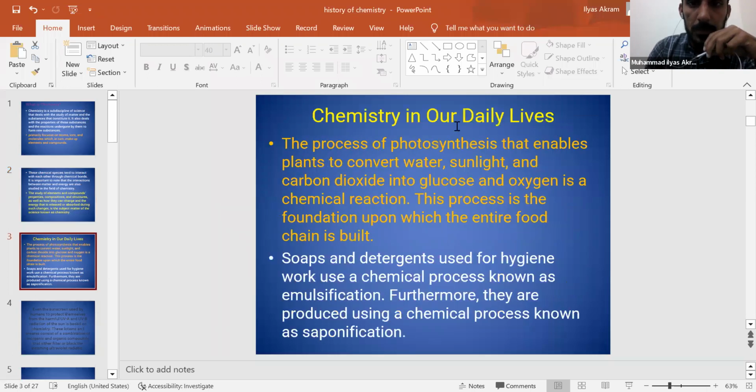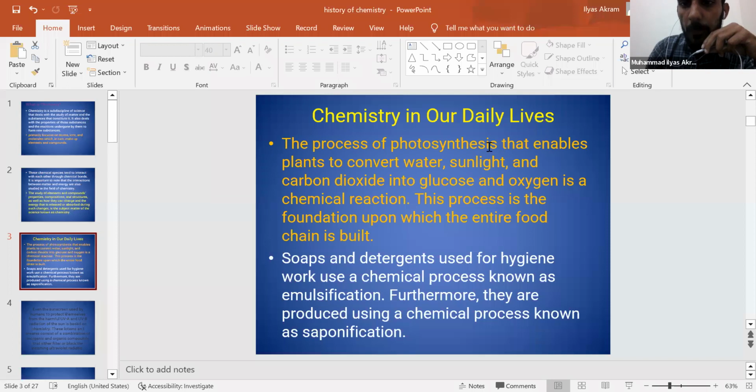These are some uses of chemistry in our daily lives. There may be many more, but we will discuss only some uses, because we are at the basic level. So, the process of photosynthesis: we know that photosynthesis occurs by light in the form of energy, and